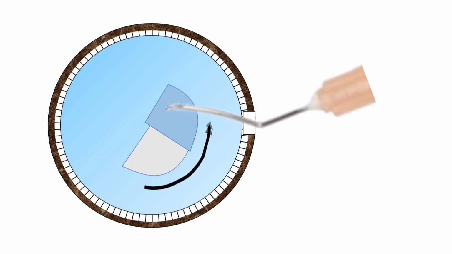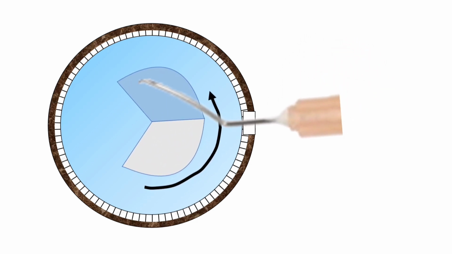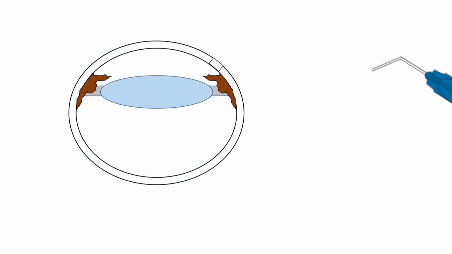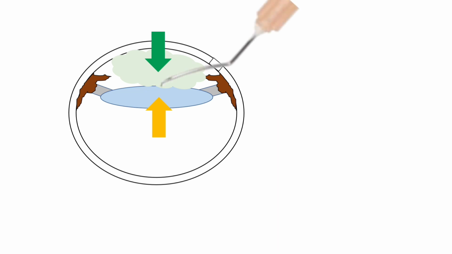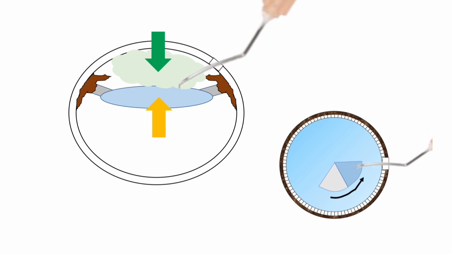Our Rhexis also goes in the same direction because of two factors. Firstly, the zonular forces which hold the capsular bag firmly in place while we are tearing the capsule, and secondly, prior to starting the Rhexis, injecting viscoelastic into the anterior chamber pushes the lens behind and helps to neutralize the forward pressure of the lens and vitreous. These two factors ensure that there are no other vector forces at play and the Rhexis goes on smoothly in